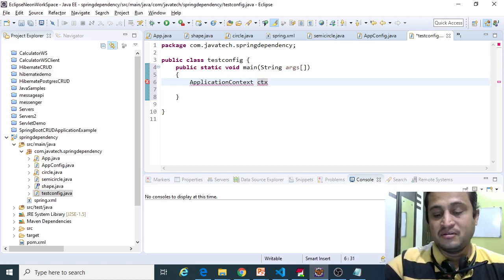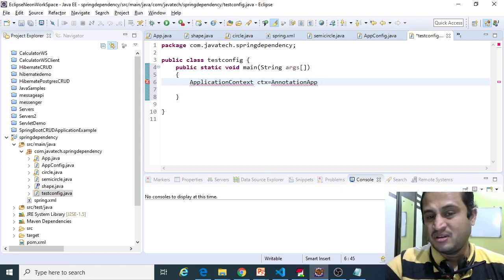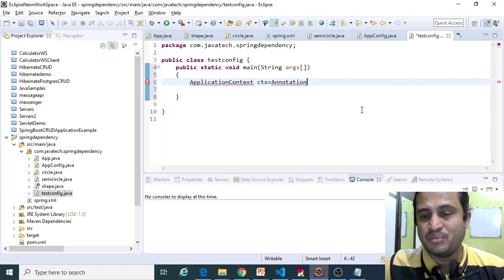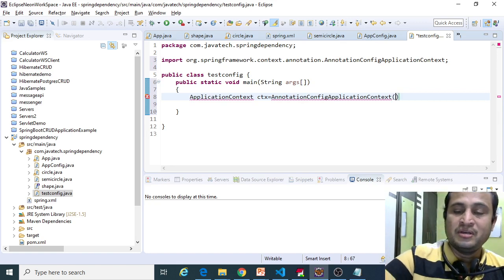We have a context object, and Spring provides AnnotationConfigApplicationContext.